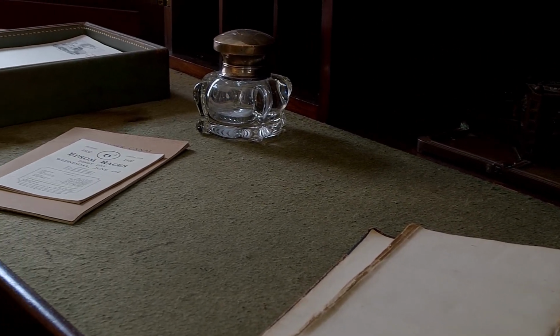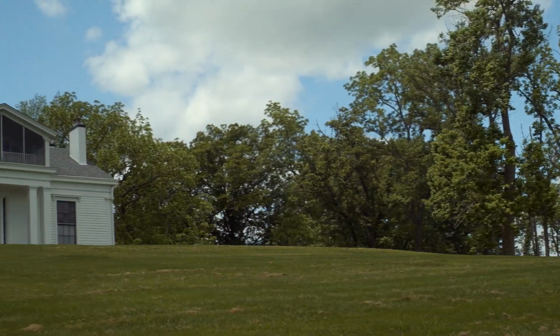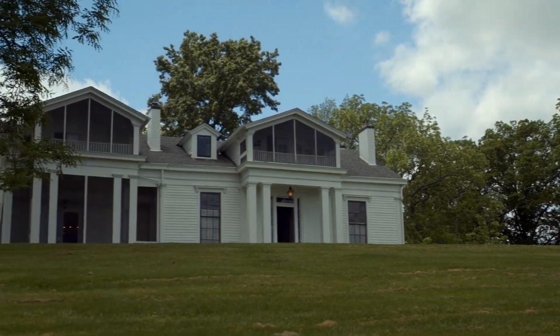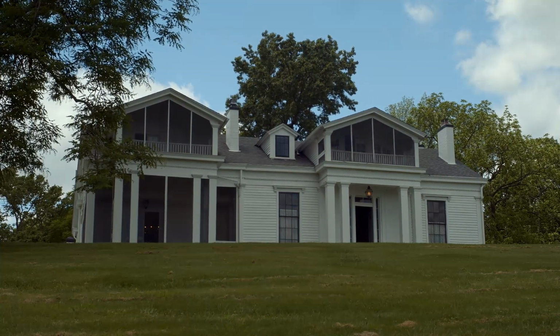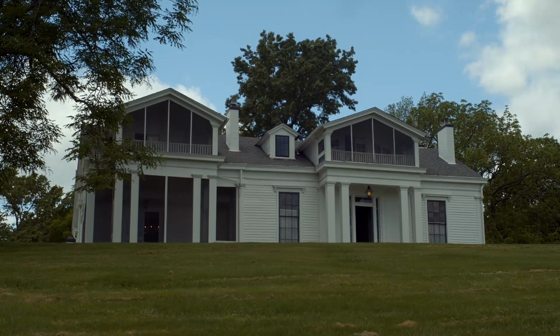Then it stayed in the same family. His son-in-law, Allen Hamilton, owned it. And in about 1837, 1838, the log section burned. And you have the view that you have here. You can't blame them. They built the main part of the house that's behind me right now. Greek revival style. And this was built in 1838, and it stayed in the same family, but it sold out in